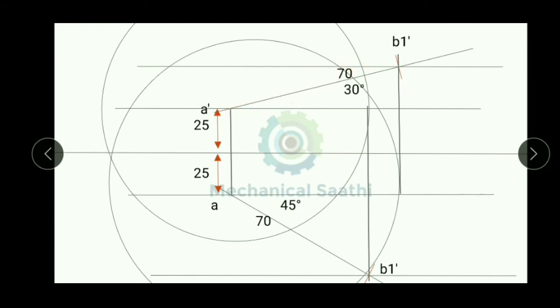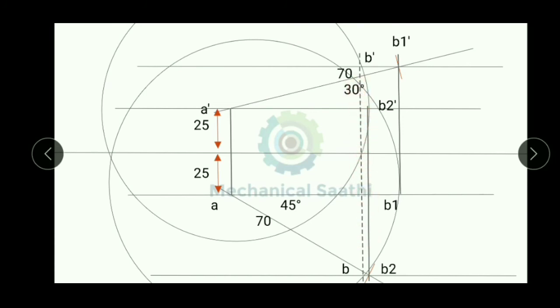Okay, so that is A and that is A dash and this will be our B dash. Likewise this point is A and this will be our B. So let us connect these two lines, so that we can know whether our projection is correct or not. If we join these two points, these two points must be on a straight line. So let us check that. If we check, then we get that these two points are present on a straight line.